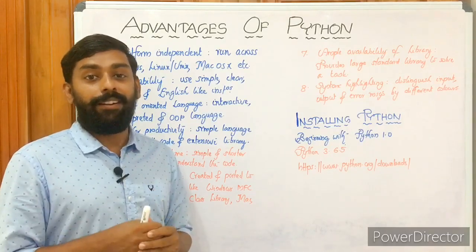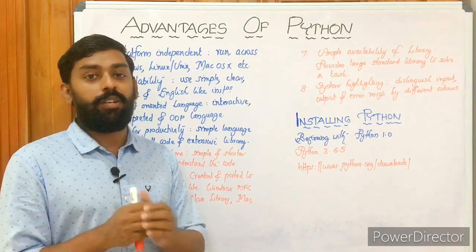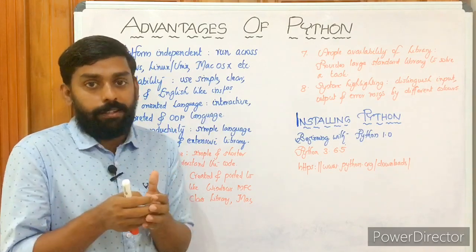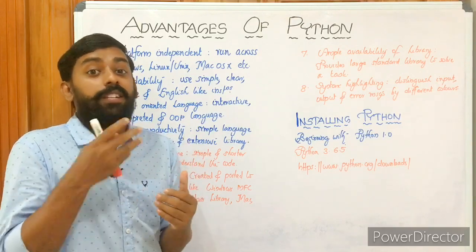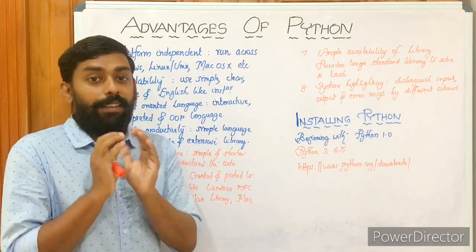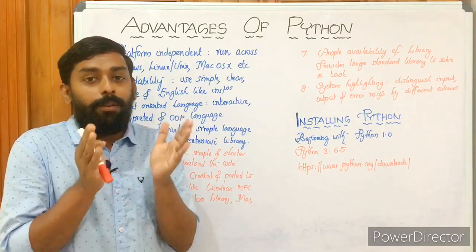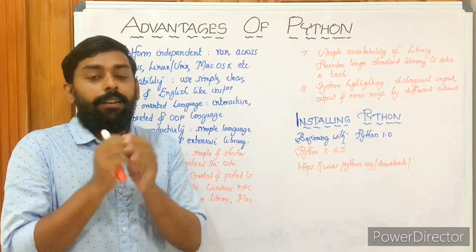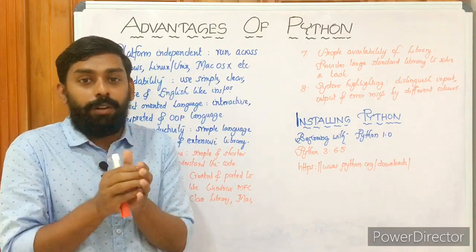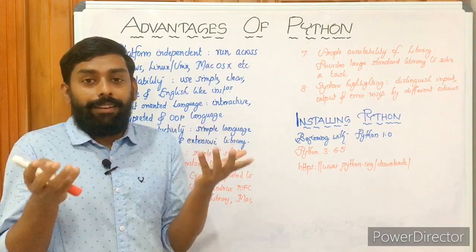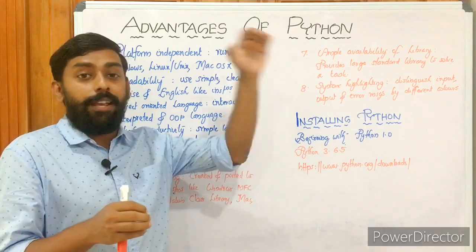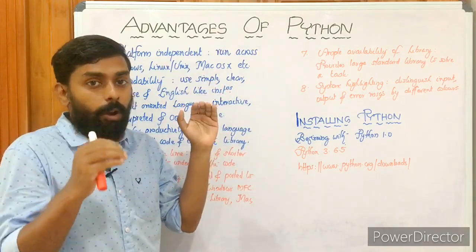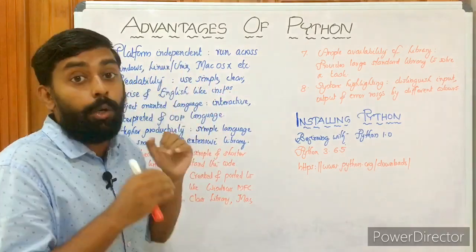We have already started learning Python, and in our previous session we have seen the basic aspects related to the development of the Python programming language as well as the features of Python programming. You know what the features are, right? It is simple, easy to learn, object oriented, open source. These are some of the features of Python, and in today's session we have another very important topic for discussion, and it's all about the advantages of Python